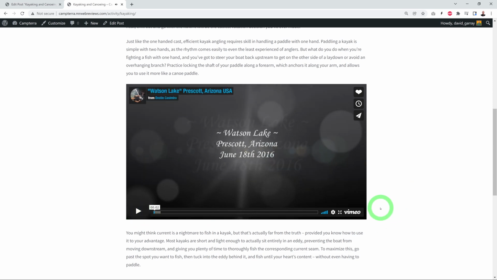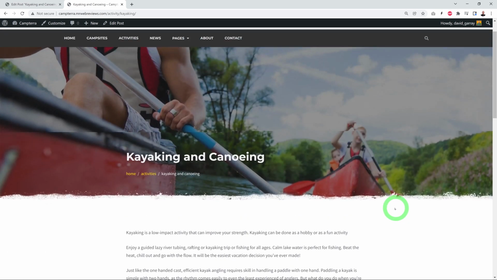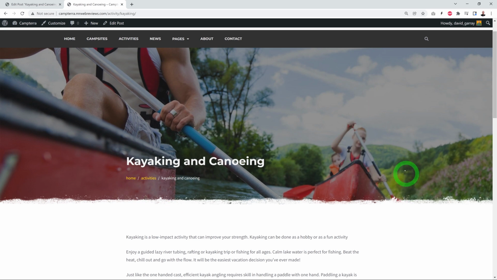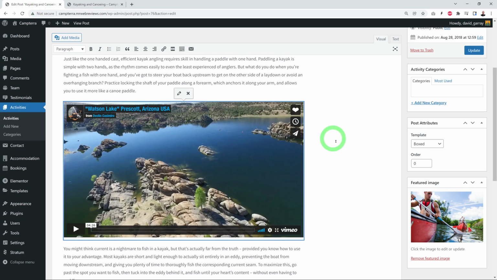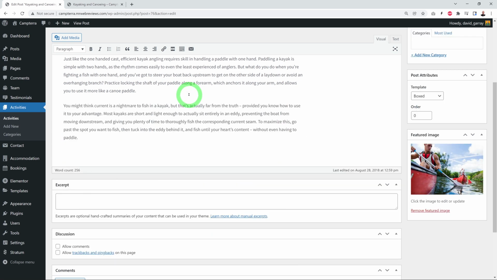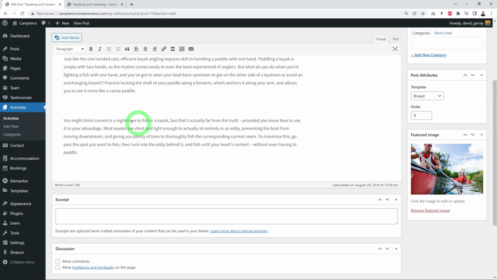There you go. So very handy, isn't it? So now, as you can see, we have a beautiful image here on top and so on. So let's configure this together. So first, let me show you how you can insert this video. How does this work? Okay, so it's very simple actually. So let me just remove this one and let's add a new one right here in the middle, in between